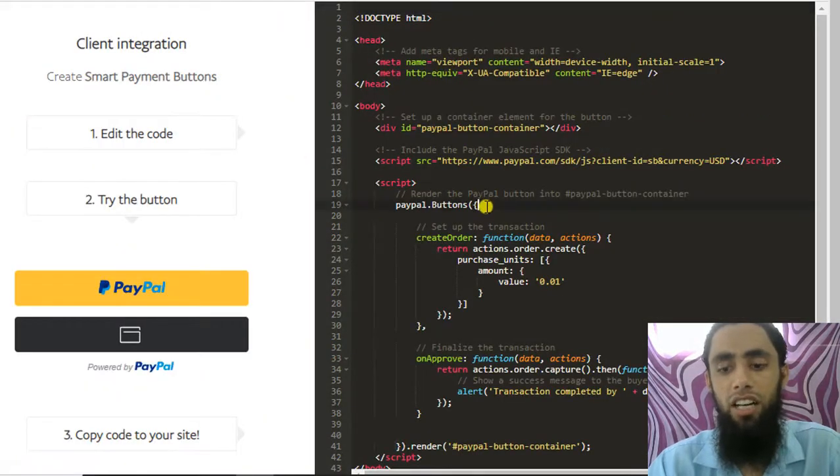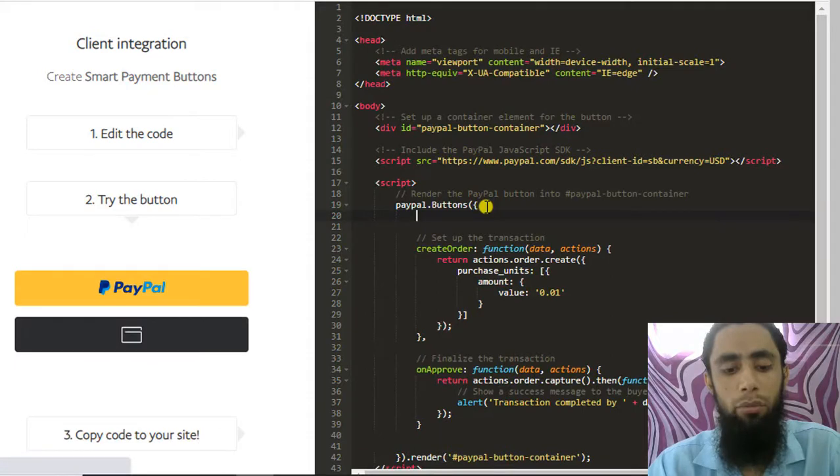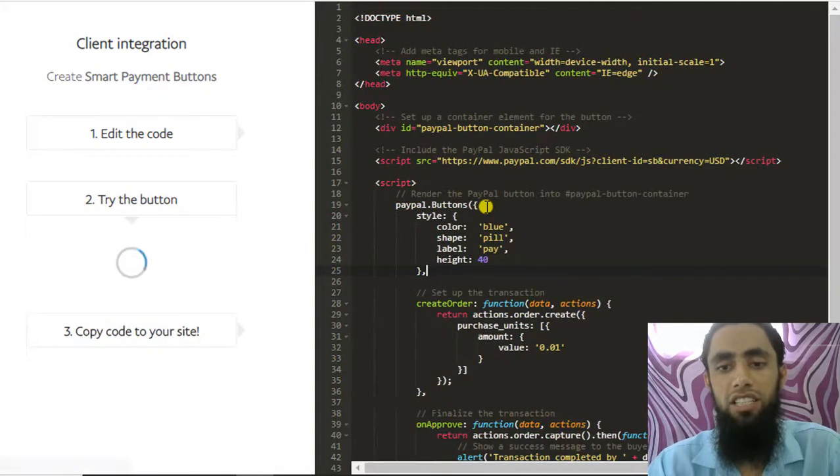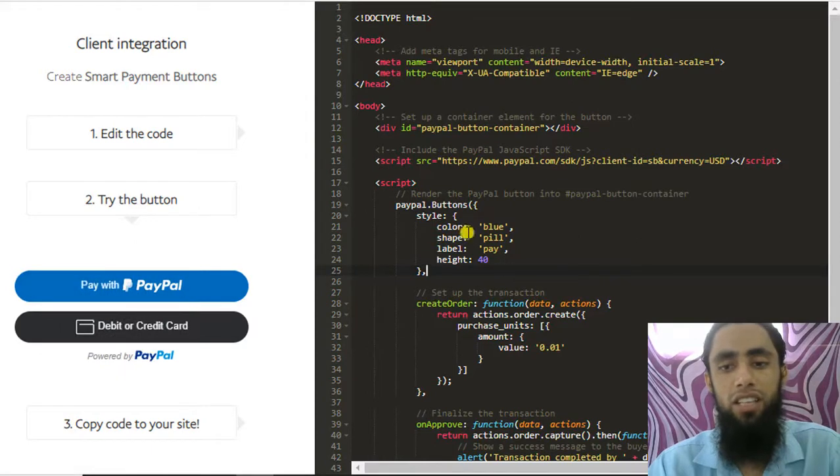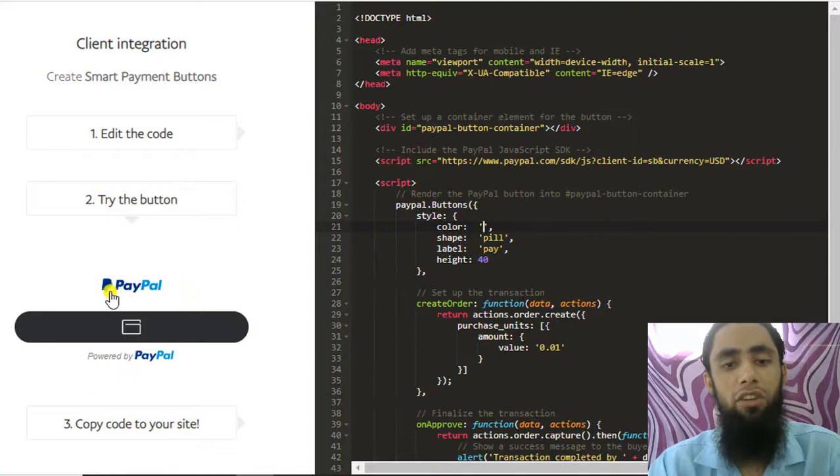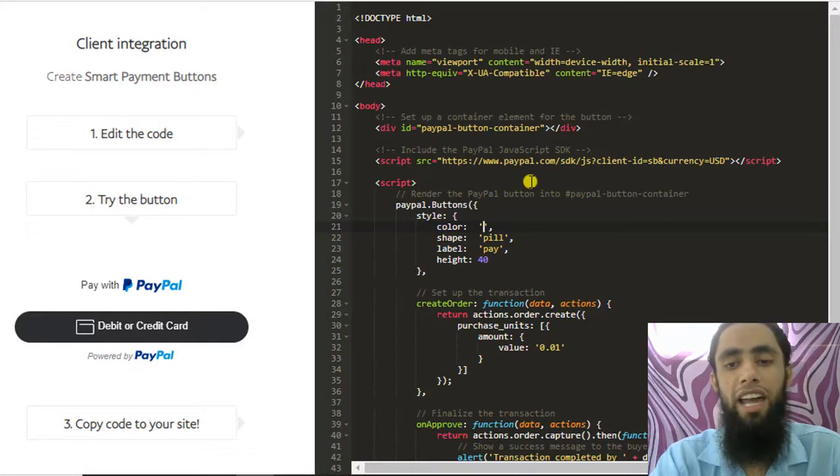Here on the buttons you can press enter, and on line number 20 I am going to write this specific style. You can see that this color was earlier yellow and now it is blue, and we have also written here pay with, which was not there before. Let me show you how we can change the color. We have different colors here. For example, we have blue right now. If we remove this, then by default it would be no color, transparent, you can see over here. And if we add, for example, gold, it would be updated to the gold one.